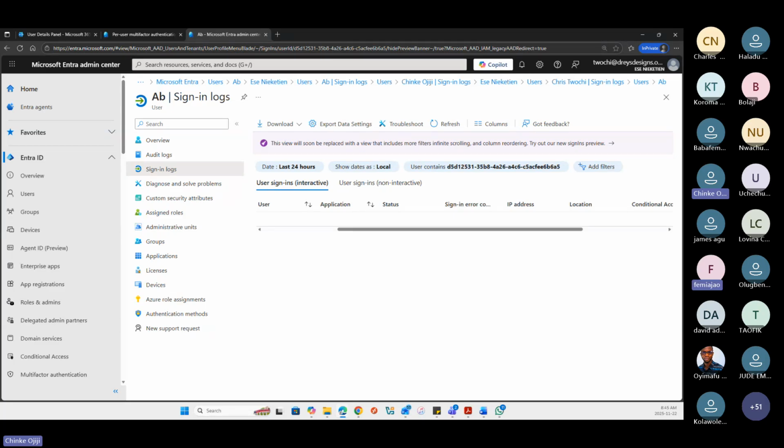I have a screenshot already, but I can't paste it in the chat. Okay, then let's paste it in the WhatsApp chat then. Okay, I'll do that right away. All right. So guys, you can take a look at that to have an overview of what the sign-in logs look like.